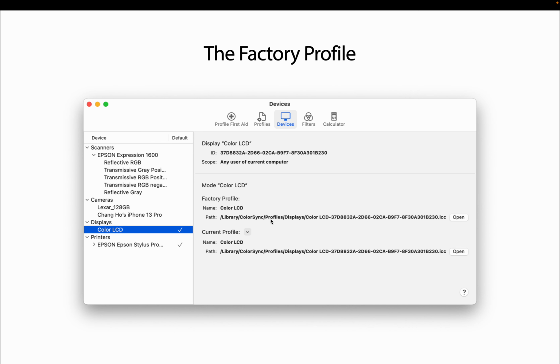This is the factory profile, and this current profile is what is transmitted to graphic software. So you must see the same thing here, and now you see the display name in the color settings of graphic software like Photoshop. Okay,